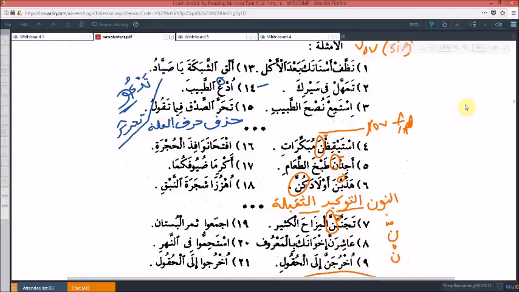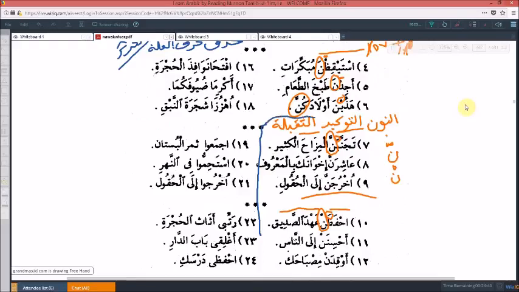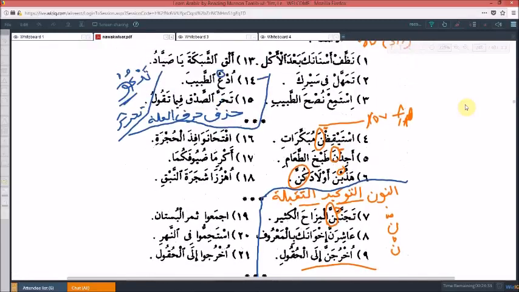So whenever it's a command, we're going to drop the weak letter because we can't put a sukoon here. And as we said, the verbs that are mu'tal al-akhir have a different rule here. So again, these three, the Nun al-Tawqid al-Thaqila wa Khafifa, as well as the Fi'l Mu'tal al-Akhir, we're not going to skip them, but we're not going to give them a lot of attention. We're going to focus on the regular verbs first, which basically we have 5 when it comes to